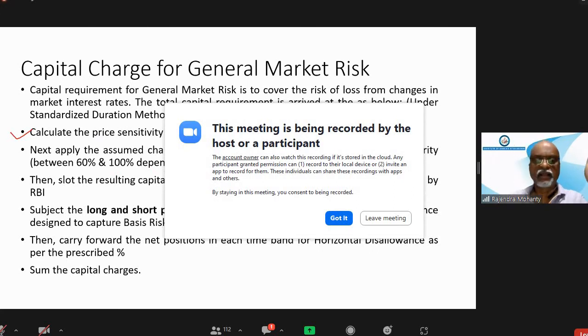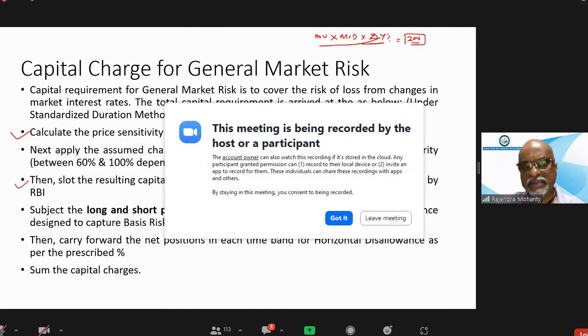So this assumed change in the yield has been given by RBI, and I apply that. We have the market value with us. We multiply with the modified duration, then we multiply with the change in the yield, as per the RBI prescription. Now, whatever capital we have arrived at, say we have arrived at a capital of, say, 200. Then this capital we have arrived at,